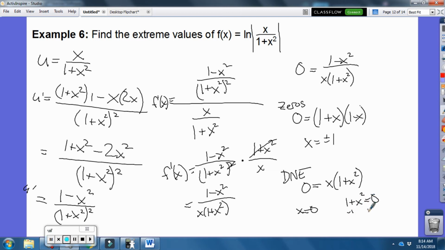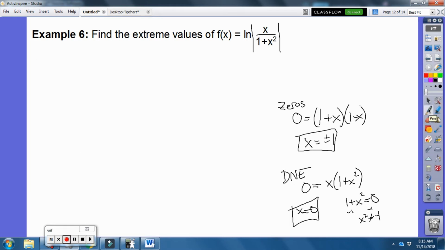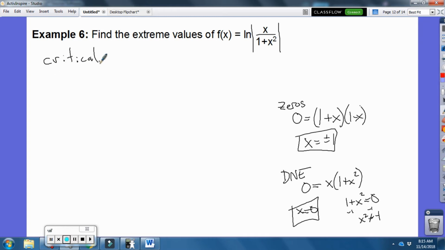If I subtract 1 on both sides, x squared cannot equal negative 1, so the critical points are going to be 0 and plus or minus 1. So now that I know the 3 critical points are x equals 0, 1, or negative 1,